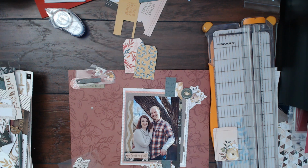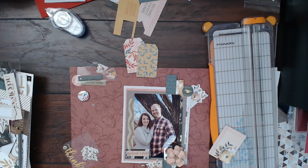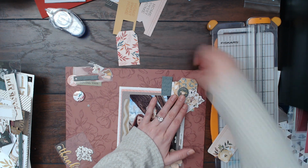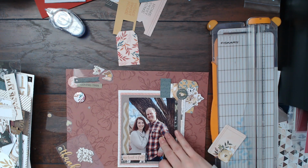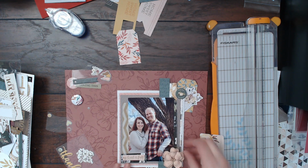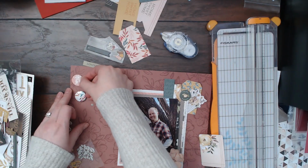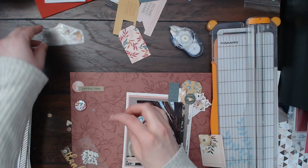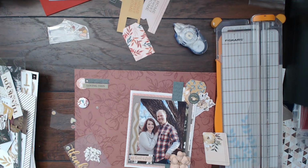So I think what happened was there was a click kit, and then also Christina sent me a kit. Or maybe I just had, you know what, I probably just had Christina make me a kit, and it was probably just a really big kit that she made me. I probably had her make me a $50 kit because I just absolutely loved the Auburn Lane collection. So she sent me all of the ephemera, the 6x8 paper pad, I think like 8 of the pattern papers, the 12x12 papers, and then a bunch of,